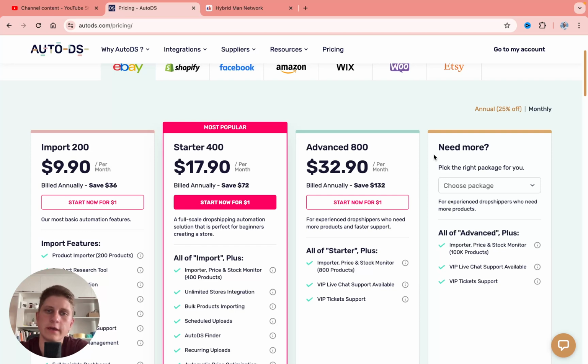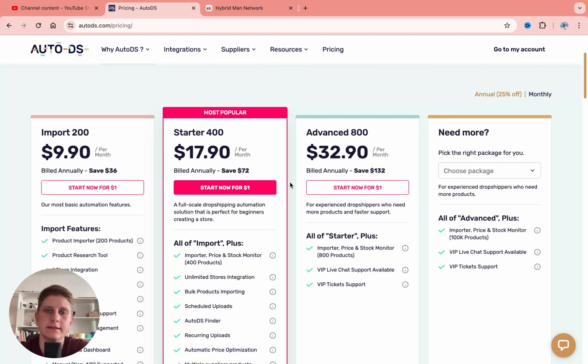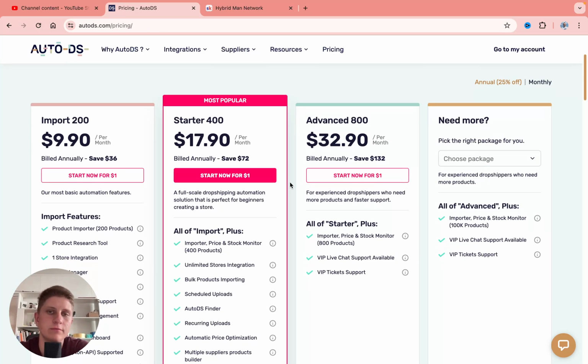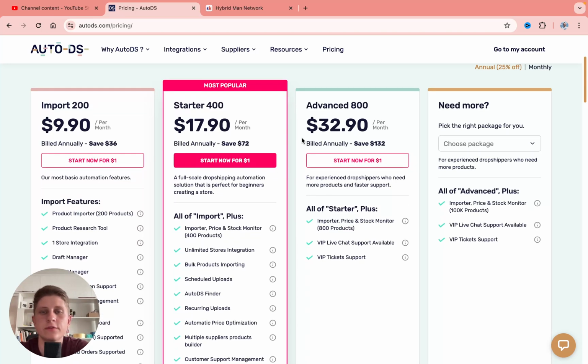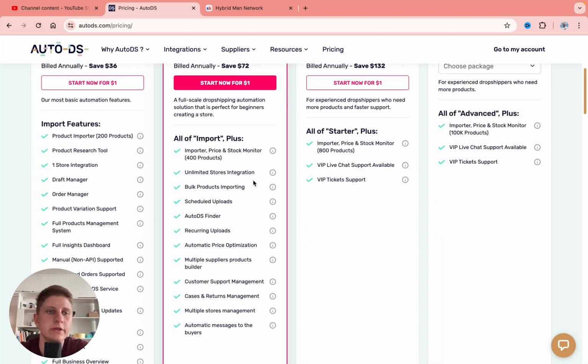And what can we say about these packs? That if you have a huge number of products inside of your store, you definitely need to choose advanced. If you have under 400, you can use a starter. And as for me, this plan is the most suitable because here we have a lot of features which are